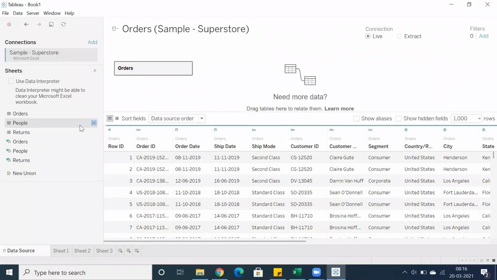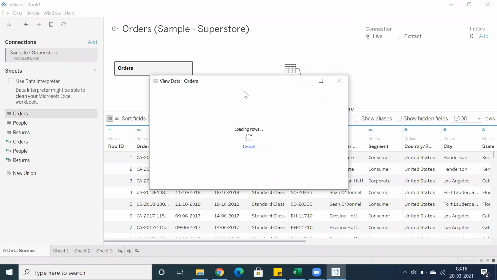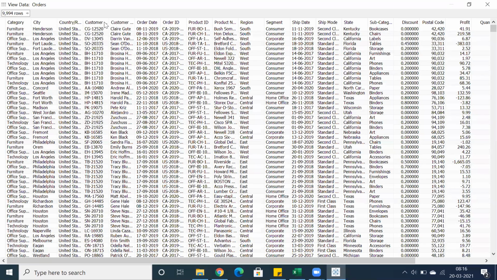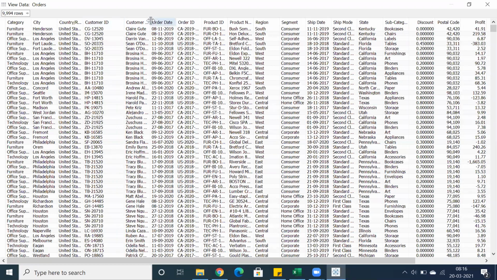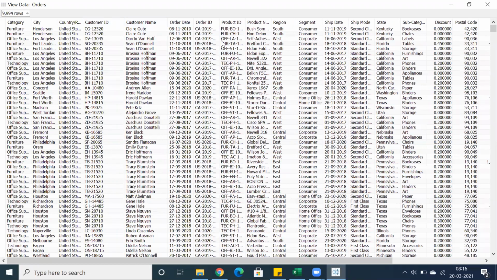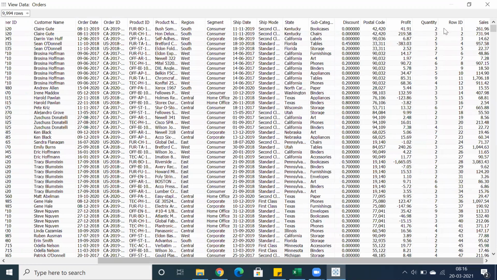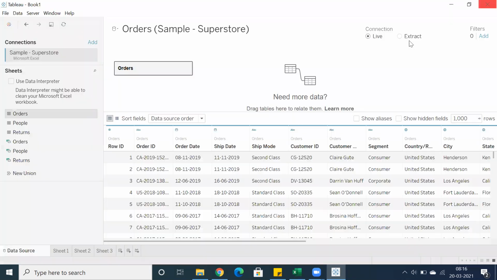In the orders table, we don't have a person, we have a customer name, right? Here you can see we have customer ID and customer name, but I don't think we have a person name. So we don't have a person column here. We have customer name, but what is the common column between the orders table and the people table?